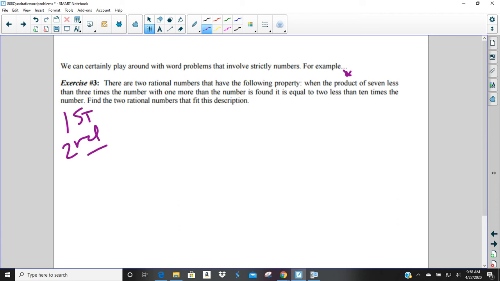7 less than 3 times. When the product of 7 less than 3 times the number with 1 more than the number is found, it is equal to 2 less than 10 times the number. So we're going to have